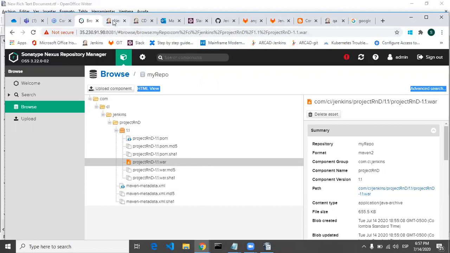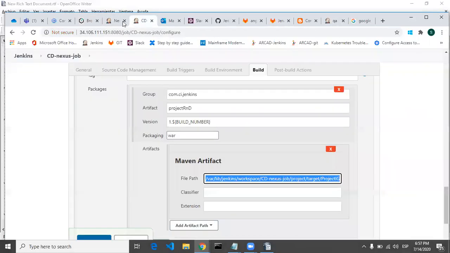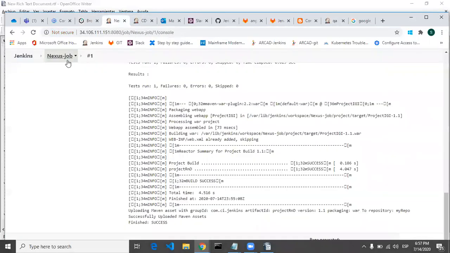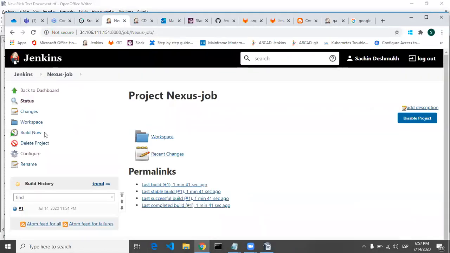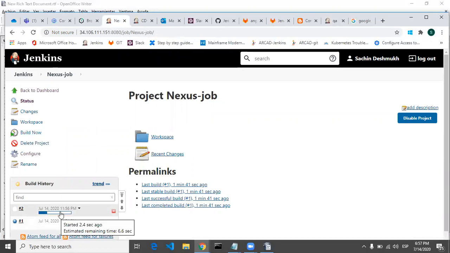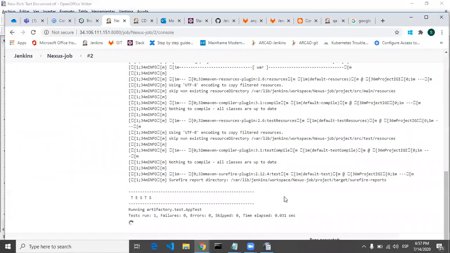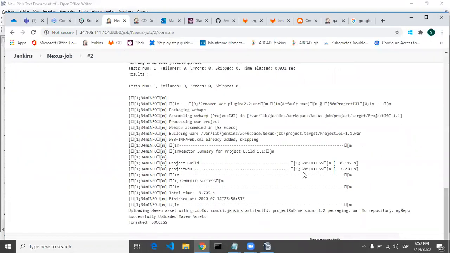So let's again trigger the second job, just to check whether the war file version is changing or not. So let's go to the console output again. See, this is the second build, and we have given the version dynamic, right? 1.build number.